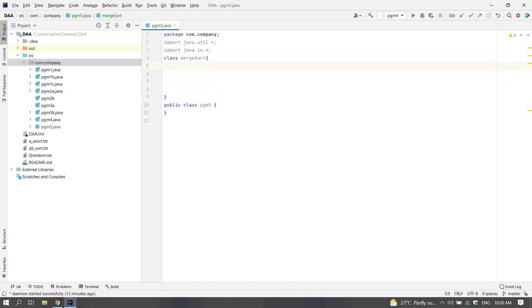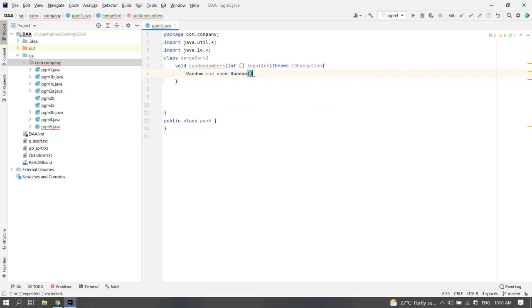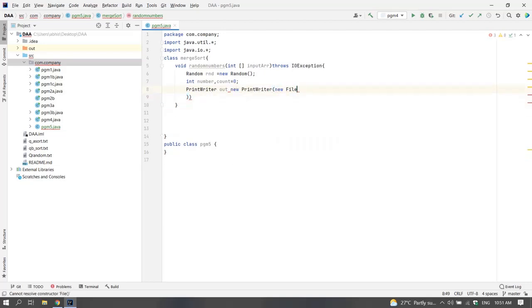First we will make the random number method. This PrintWriter will make a new file in text format.